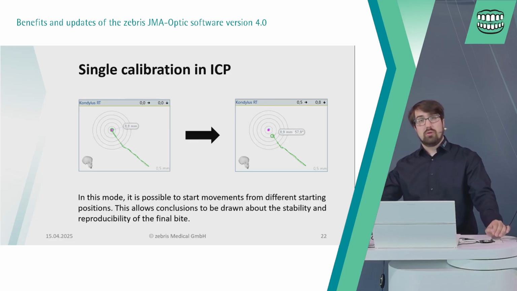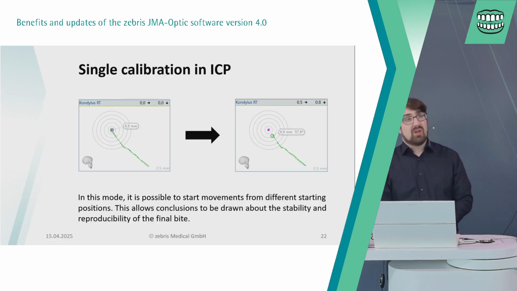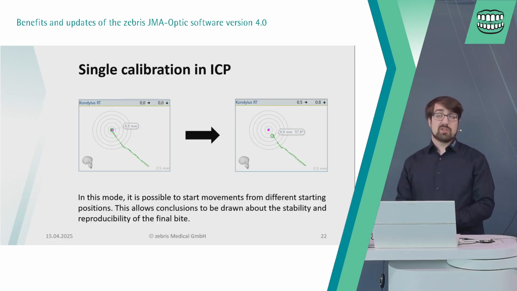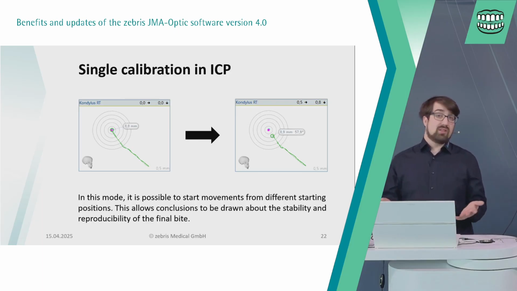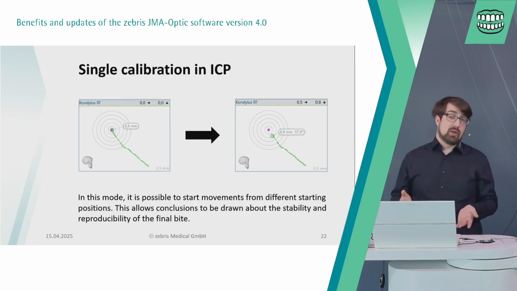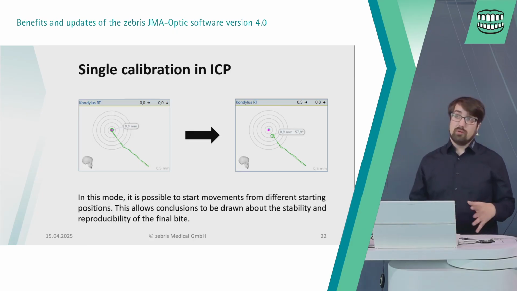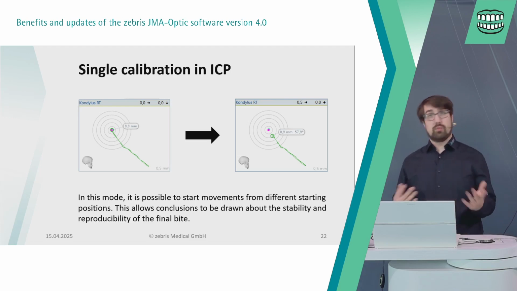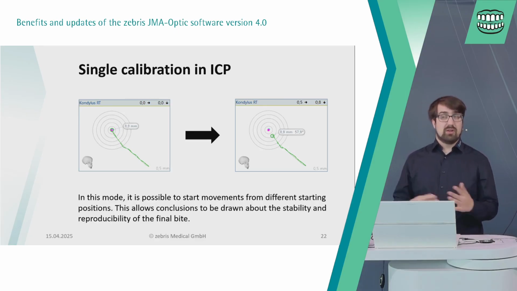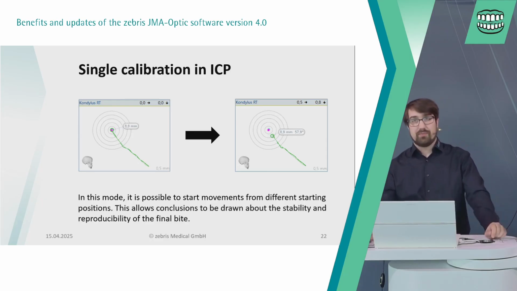And also, you have many more possibilities in your measurement, because now you can, for example, record only a close movement, or make a movement with a splint inside, so you can check if the positioning splint you just got from your dental technician has the effect for your treatment that you're looking for.